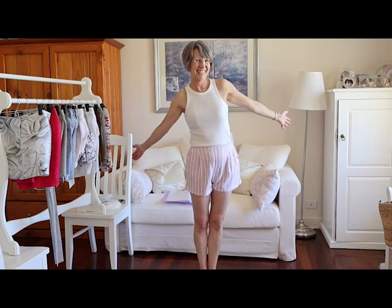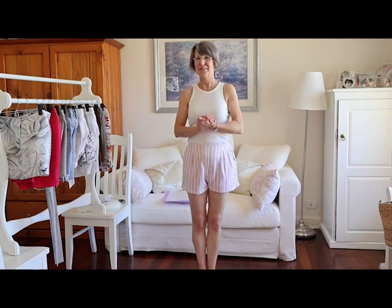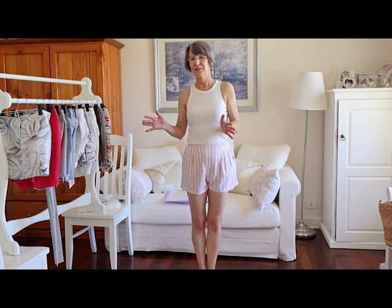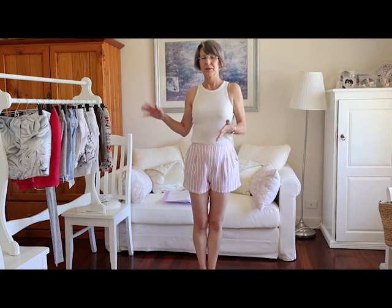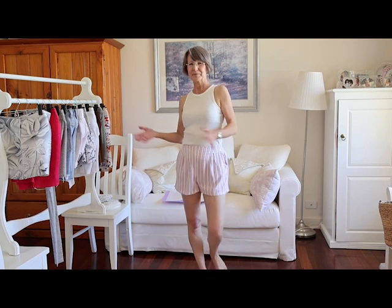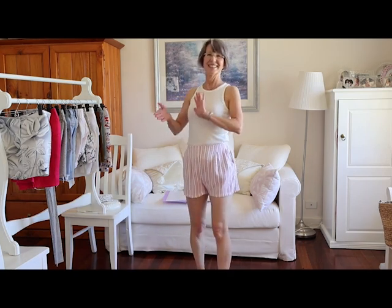Next week, we are going to be looking at jeans that are classic, elegant and fun. I hesitated because I feel a little bit nervous. I think jeans is probably the one category that everyone has their own certain opinions about. And I'm certainly not saying that what I'm going to be saying next week is definitive or anything like that. It's just really a part of the conversation. So I really hope that you will join me and then we can look at jeans. The classic, elegant